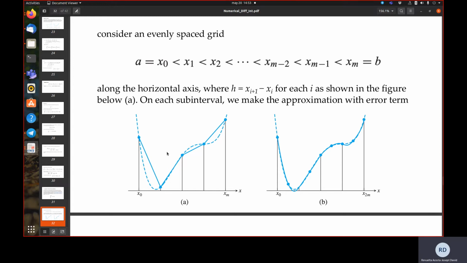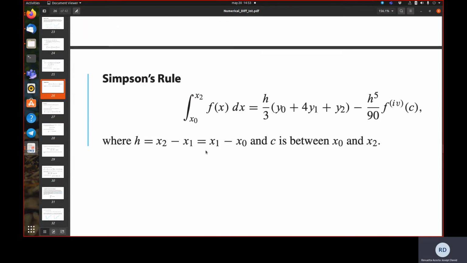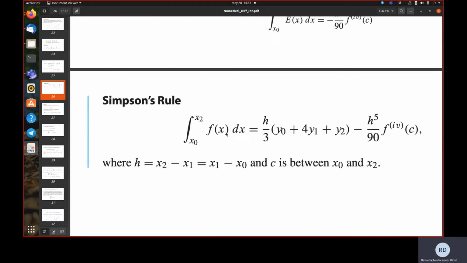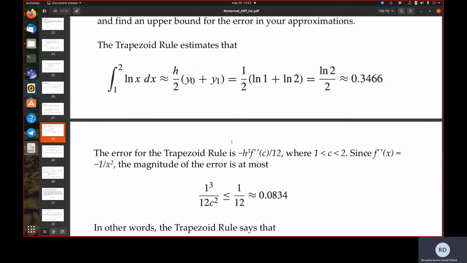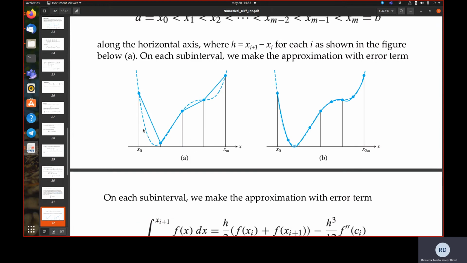So if you see here, we have the same equation, the same thing that we have in this expression. But this is actually a very bad approximation. So we need to improve it by dividing this curve in subintervals. So what we can do then is to take it and divide it in subintervals: 1 interval, 2 intervals, 3 intervals, 4 intervals. So pay attention to this. The extremes are actually x0 and xm,